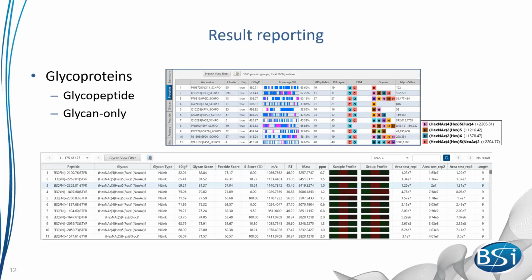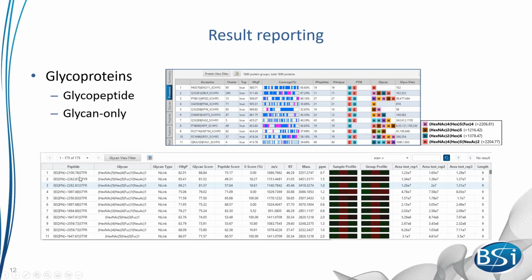All right, so let's actually get into the result reporting. The result reporting all goes back to those first questions. The first question being, what is the list of glycoproteins that are actually present in the sample? And that's the first thing that we report, and we report it in an intuitive way, where we take the coverage view, typical to Peaks Studio, where we have blue bars showing matches to our sequence. In this case, we're showing glycopeptides in a purply pink color here, showing where the actual glycopeptides are attaching to the protein.